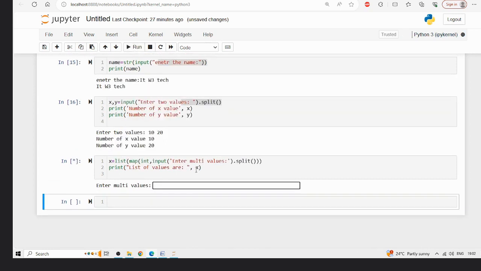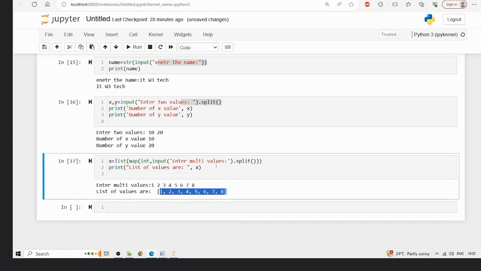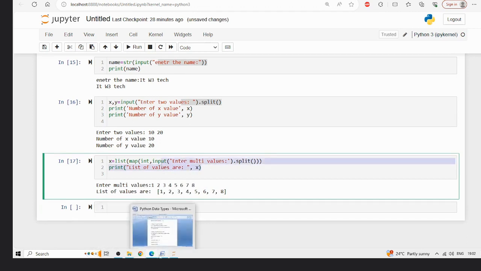I'm taking the multiple values: 1, 2, 3, 4, 5, 6, 7, 8. Okay, here multiple values will be printed. Here, at a time, we have taken multiple values. Next one,